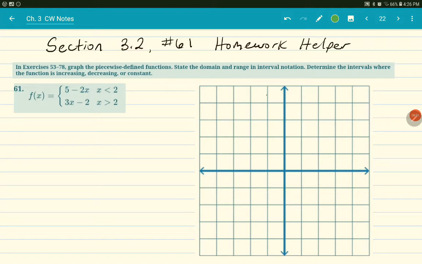All right, in section 3.2, number 61, we're looking at this piecewise function to graph. So let's start with this one, and we'll put this one in green. So first I'm going to look at the y-intercept, which is 5. So I know it's going to, let's see,